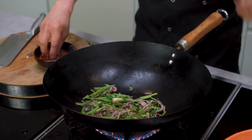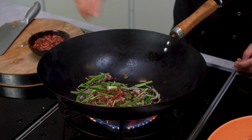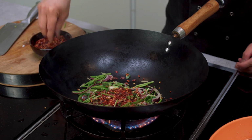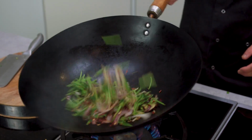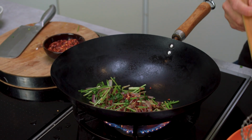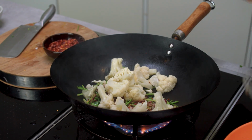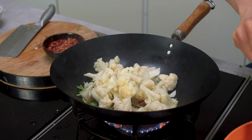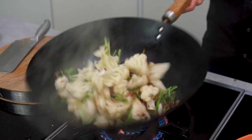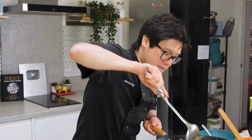Right, and then we've got all those spices in, all my flavours coming in. I've got my chili flakes that I'm going to put in, and that will smoke up this wok a little. It is firecracker, so I've gone for a fair amount of chili flakes there, but I do want to cook them through before I add any sauce. My cauliflower now can come in to the wok. I don't mind a little bit of that liquid, and flick that around and really get those chili flakes cooked